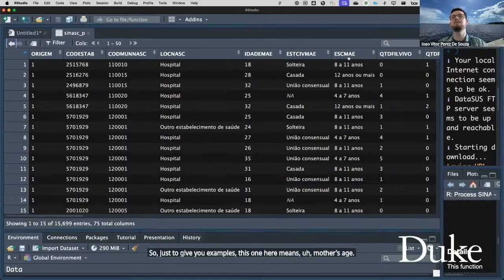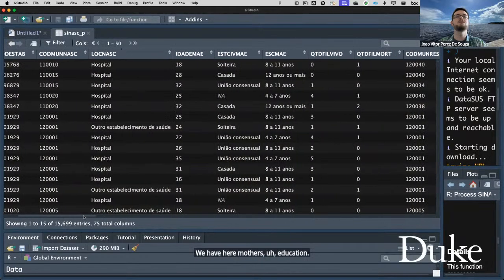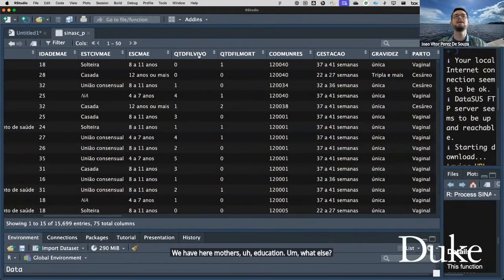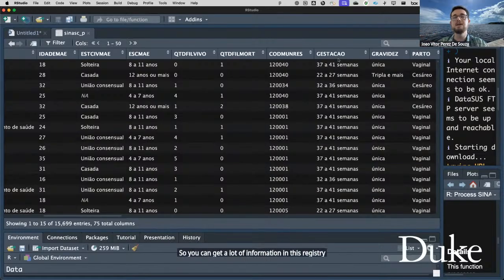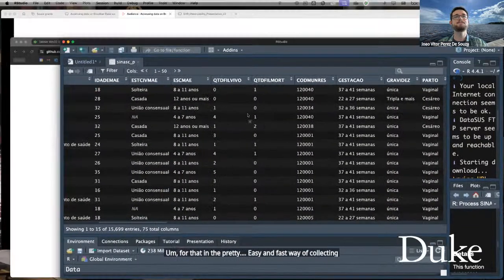We have here mother's education. What else? How many living children? How many children that died in the past? The municipality of residence? What was the gestational age? And so on and so forth. So you can get a lot of information in this registry, in this database, in a pretty easy and fast way of collecting and pulling this data.